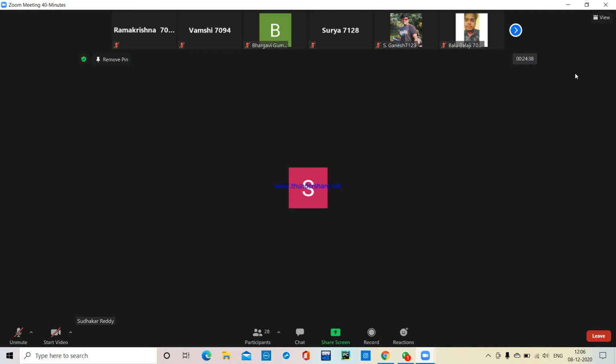After that, we implement enqueue again, so it places the value at the rear. After 6, it is placing 9, so now rear is pointing to 9. Earlier it was pointing to 6 because we inserted a value.